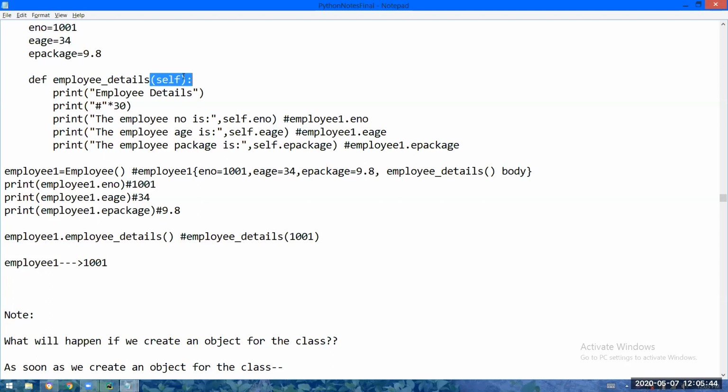It is going. See, I will tell you why all these things are done by the Python people. Let us say I have to give several chocolates to you, a lot of chocolates. First, I have to give Dairy Milk to you. After some time, I came to you and I gave the Kit Kat. After some time, I came to you and gave 5 Star. See, it is very difficult for me to give one chocolate at a time to you.